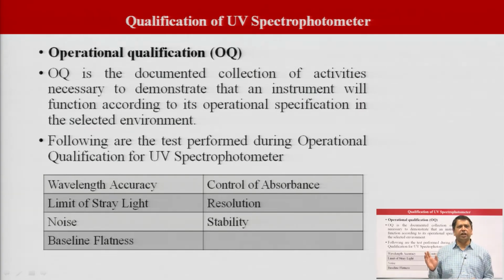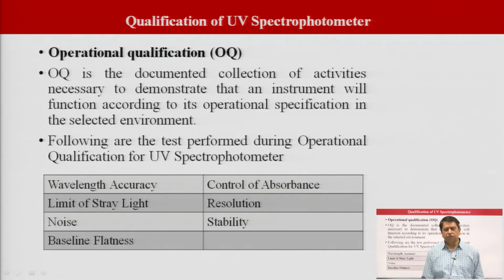Now, these are the tests shown here, which are actually performed during the operational qualification of the UV spectrophotometer. So, what are these tests? The first test is the wavelength accuracy, limit of stray light, noise, baseline flatness, control of absorbance, resolution and stability. So, let us discuss all these